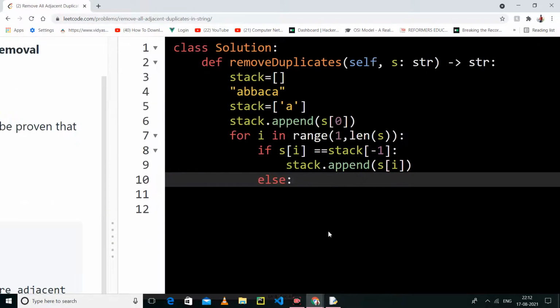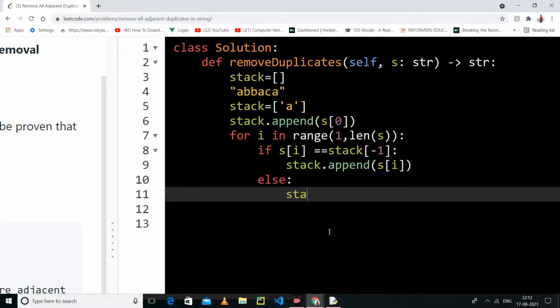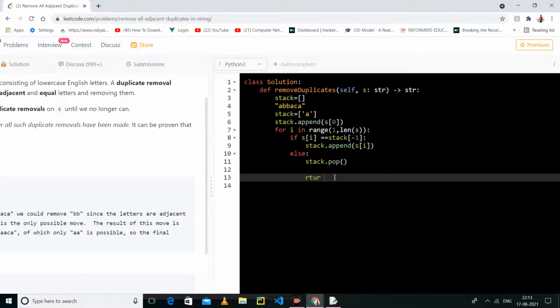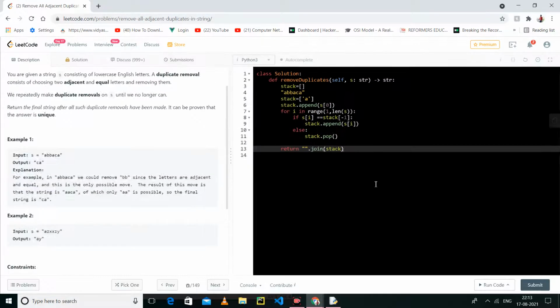So for that, stack dot pop, and we have to return the string. For that, I will use the join function, that will join all the values which are present in the stack.